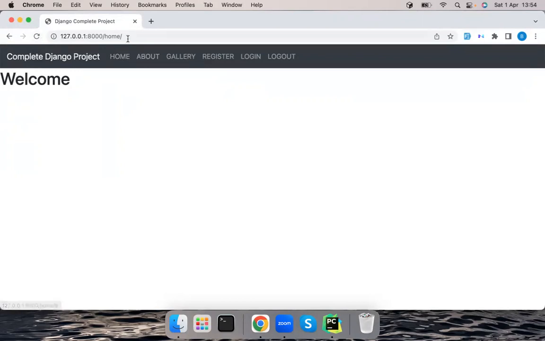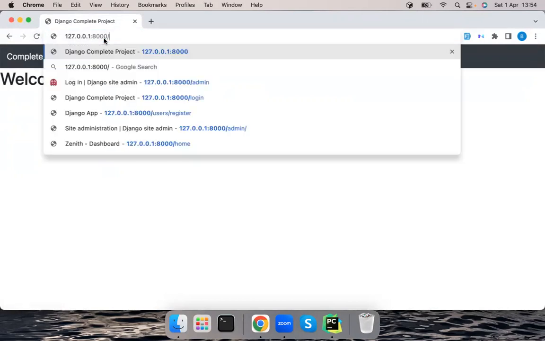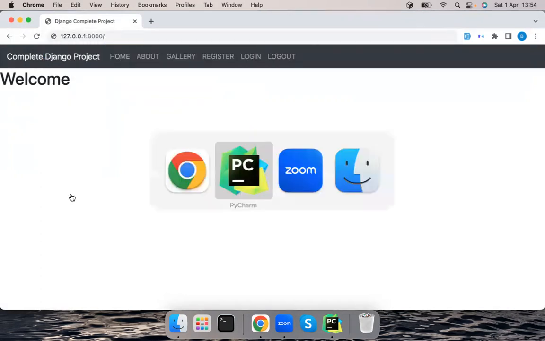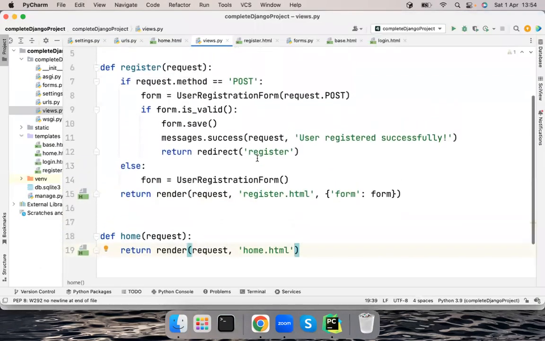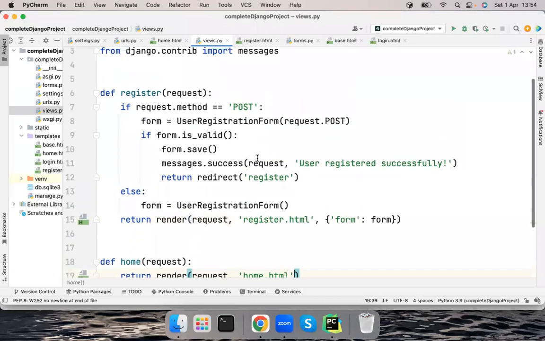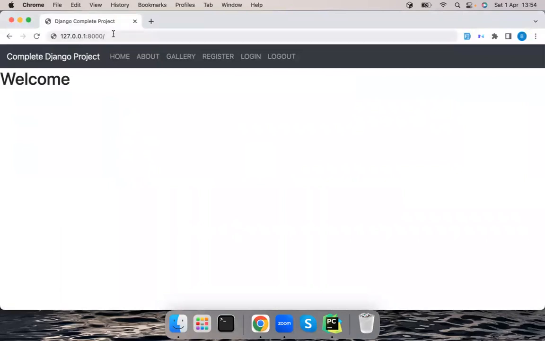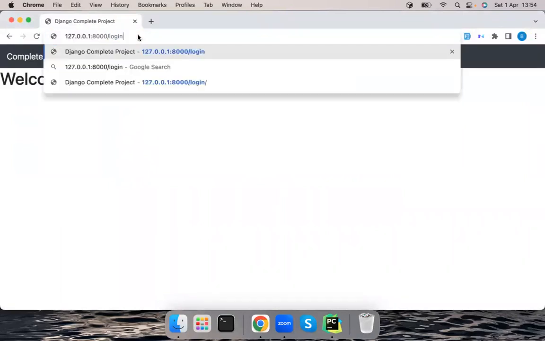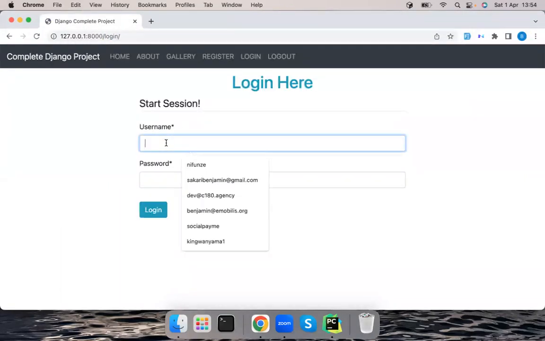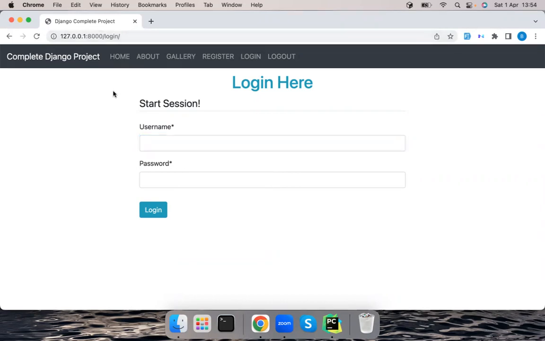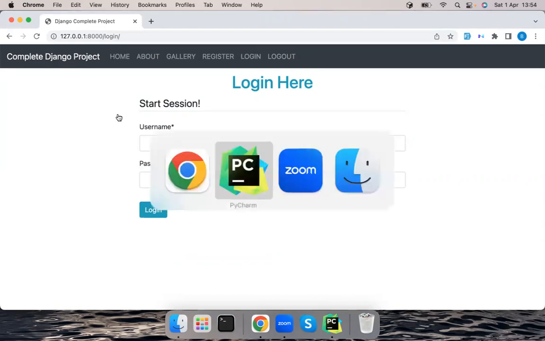But in the meantime, let's just try to log in again. If someone tries to log in right now, we need to redirect them to the home page. But you see, technically, when someone is logging in here, Django is automatically redirecting us to accounts up there, which is not right. So for us to make sure that everything is working as we desire, we simply need to go to the